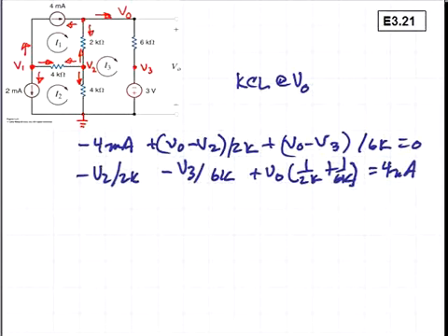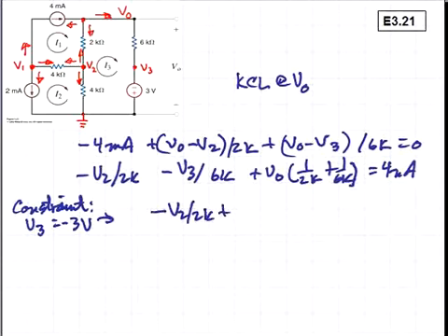Previously we had the constraint equation for the node V3 voltage. V3 is equal to minus 3 volts. So this will alter the previous node voltage equation. We have minus V2 over 2K plus VO times